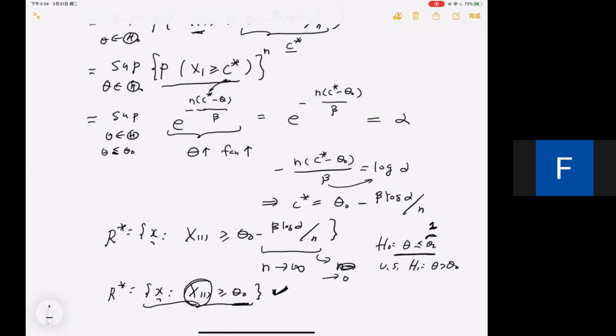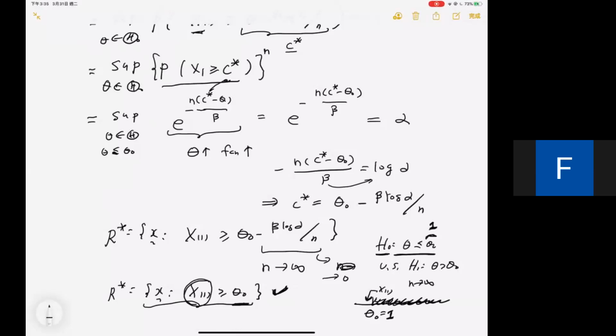You are testing whether or not everything is bigger than some value, right? Right here, it's 1. So if your null hypothesis is actually true, everything is going to be bigger than 1. Because n goes to infinity, you observe everything. That means as long as your smallest one right here,